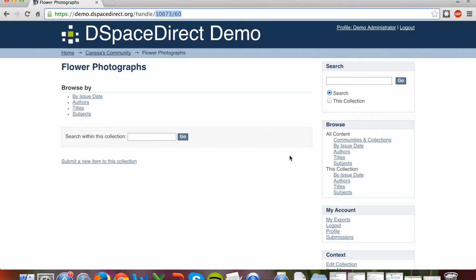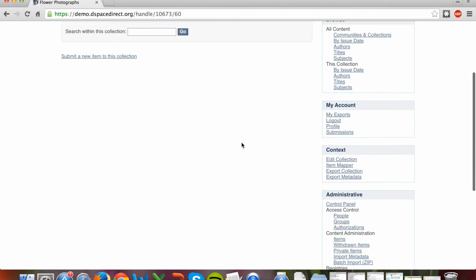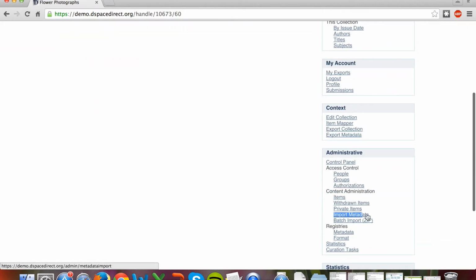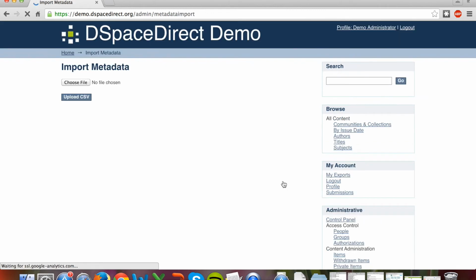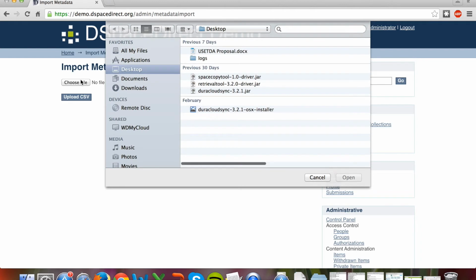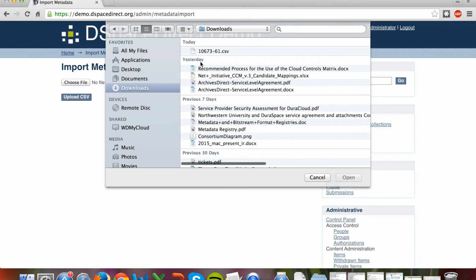Once I've saved those changes, I'm going to return to the collection where I'd like to move the content. I'm going to navigate down in the administrative box and click on Import Metadata. I'm then going to choose that CSV file that I just updated from my local machine and upload it